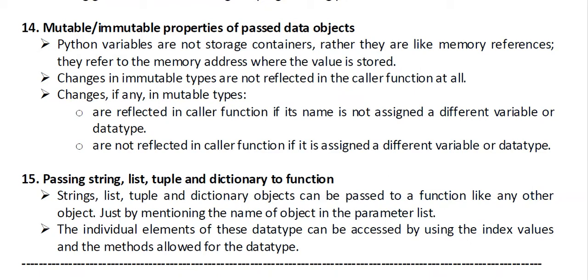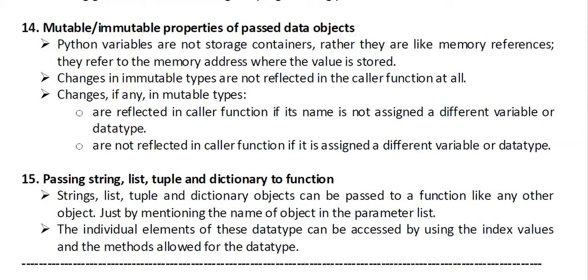But if you are providing a mutable data type like a list, what will happen? If you just work on that original list, then it will get changed. But if you create a copy of the list in another list and then change that newly created copy, the original list will remain unchanged. Okay, I think you are clear with this. We will understand the concept in the practical sessions also.